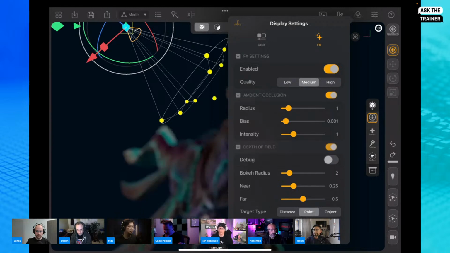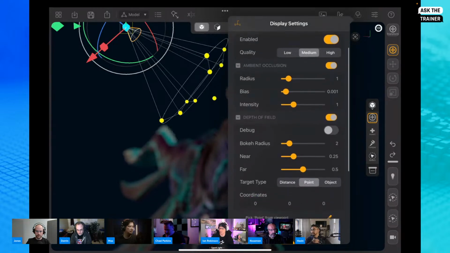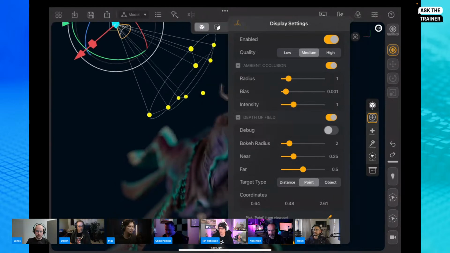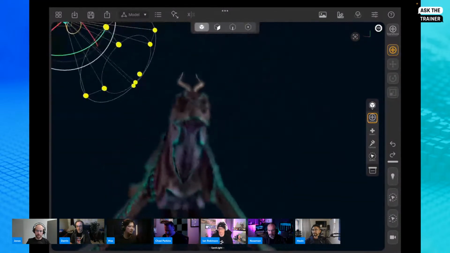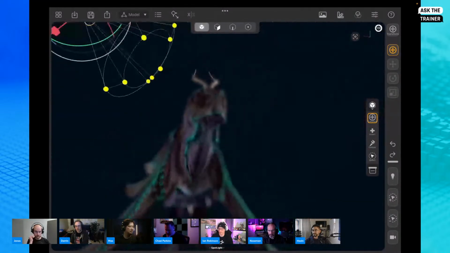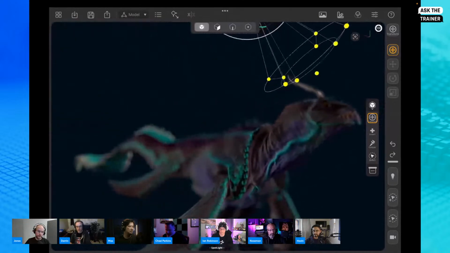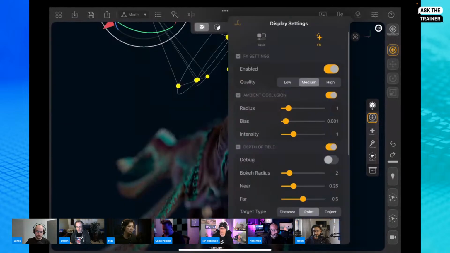And then also there's a depth of field. So I could come down here and use my little eyedropper tool to click on that and then click on some place. Like I picked the middle of the dragon because that's what I can see right now. But you could see that we now have a shallow depth of field, and it's working in real time. So I can keep sculpting and doing whatever I want to do with this depth of field